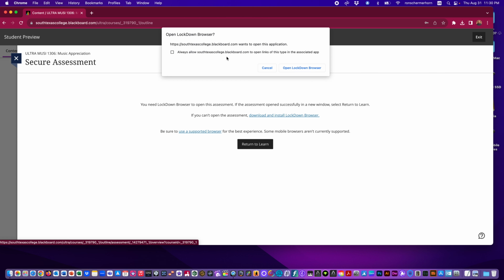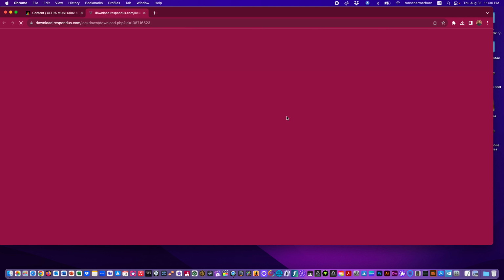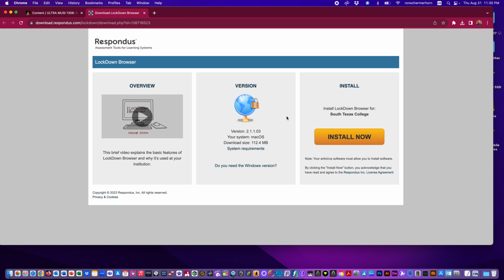And you're only going to see this right here, as I said earlier, if you already actually have it. So this would be what you'd see. And then it says you need Lockdown Browser to open the assessment. If you can't open the assessment, download and install. So again, this is the third way. If you click this, it takes you to the same screen. And that's the really cool thing about all this. Now I'm going to X out of here.